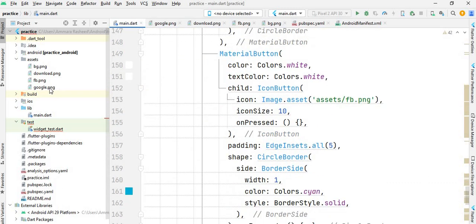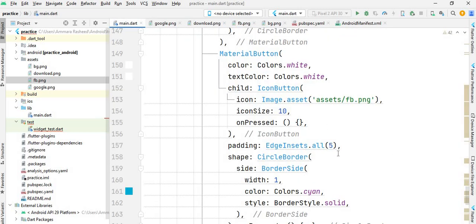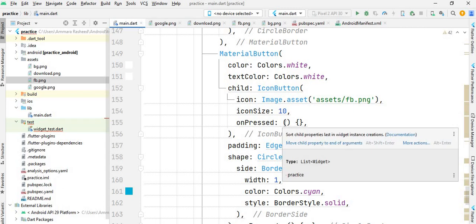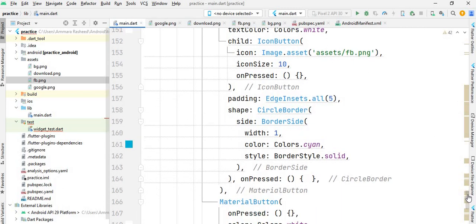Okay, and this image is coming from this asset folder. You can see this app. Okay, so like this I create a button with an image, and then I make the border of this button,